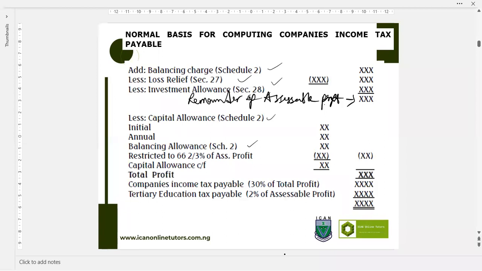Then after you bring in your balancing charge, remember how you arrive at a balancing charge. So then you take care of your loss relief, you treated loss relief, so you should understand this by now. Then you also adjust for investment allowance to arrive at the remainder of assessable profit. So in some texts, it is arguable that investment allowance should also form part of the capital allowance. So while computing the tax written down value of an asset, investment allowance will not be considered. But